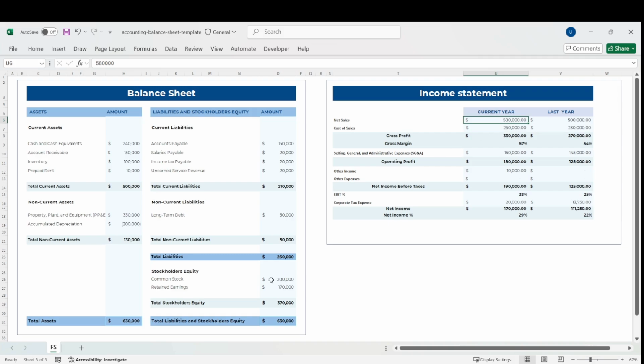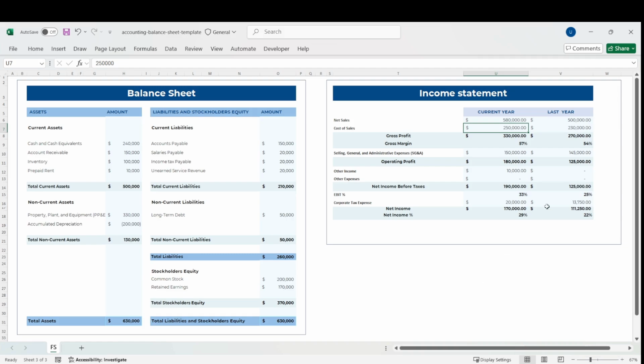If you compare the total assets, which is 630,000, to the total revenue for the year, which represents around 90% of the total assets, this indicates that the company is generating almost $1 in sales for every dollar of assets, reflecting efficient use of resources. We also have the cost of sales,